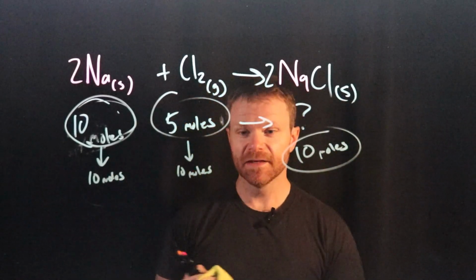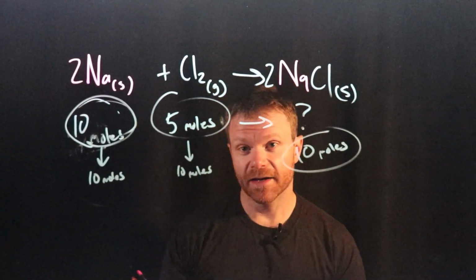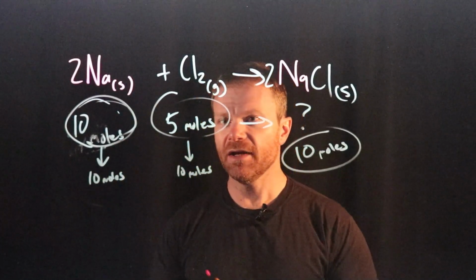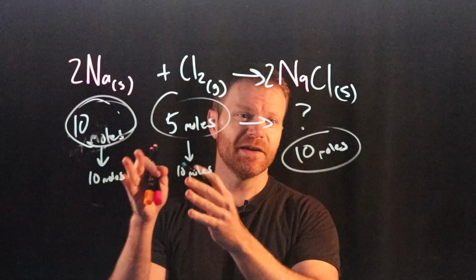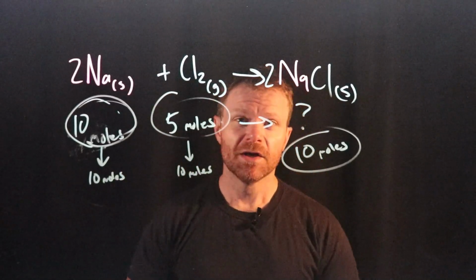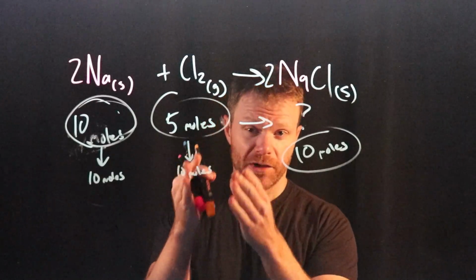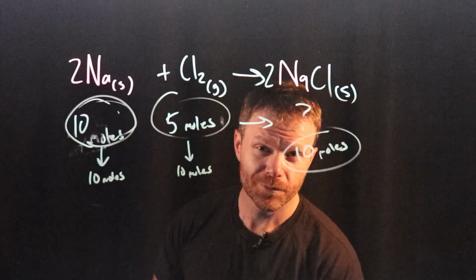And in this case, there is no limiting reactant. We're not limited by our sodium, nor are we limited by our chlorine, because they both have exactly enough to make 10 moles. So if we did this reaction, there would be no sodium left over and no chlorine left over. Let's look at one more